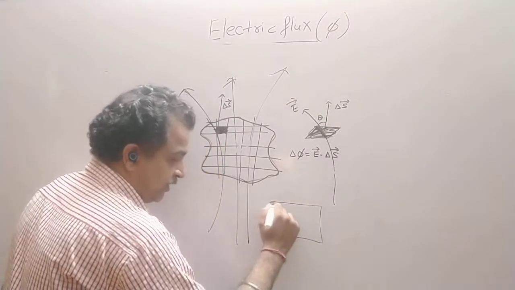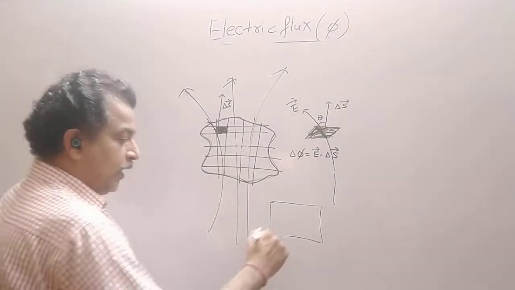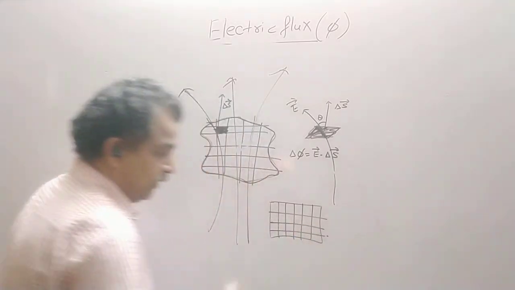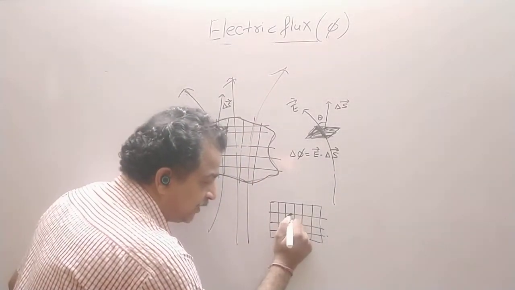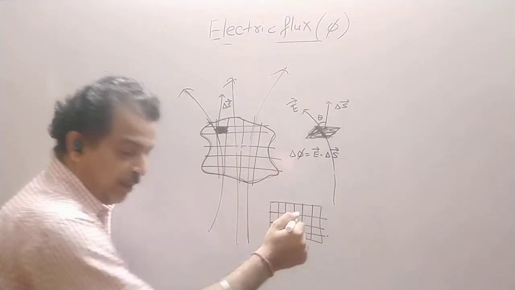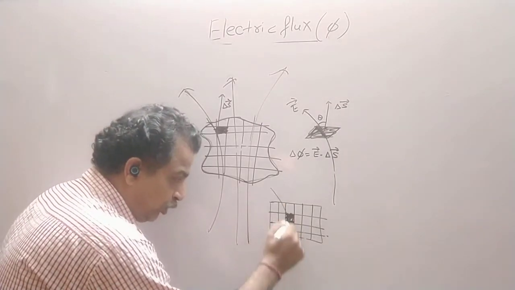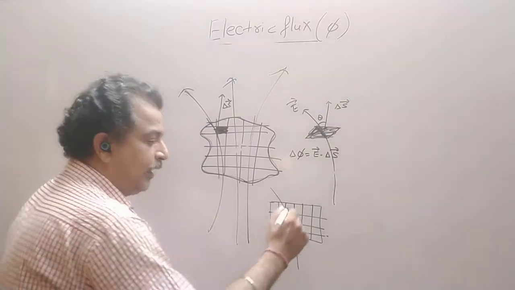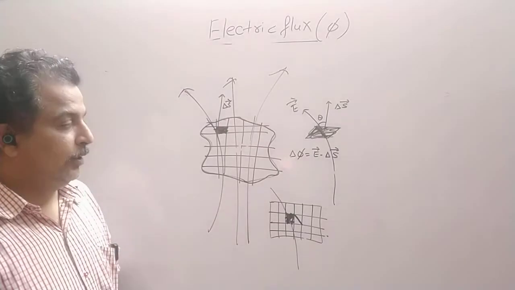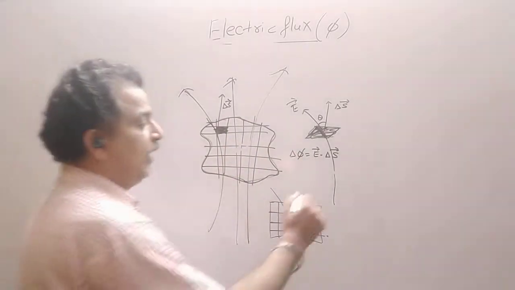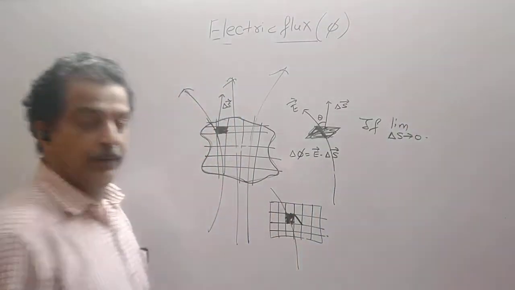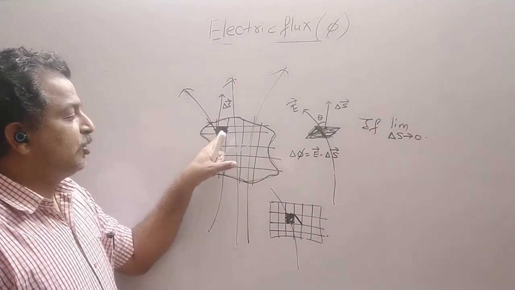So if I have this surface, this is a regular shape. How to make elements? Just divide this into different parts. So this is one element. Now if I take this element as drawn on the board, the area vector will be coming outward. If I take the field to be uniform, this should be so small that the field line becomes almost straight. So the field is assumed to be uniform if limit delta S tends to 0. So this is the flux linked with a small element.